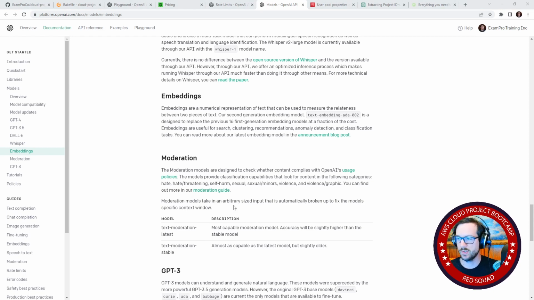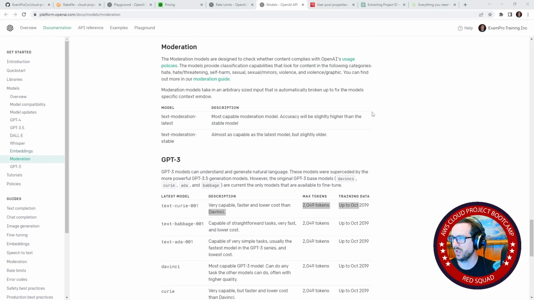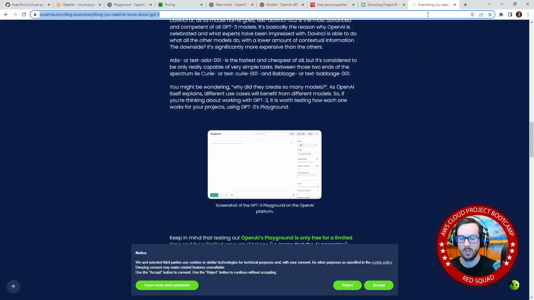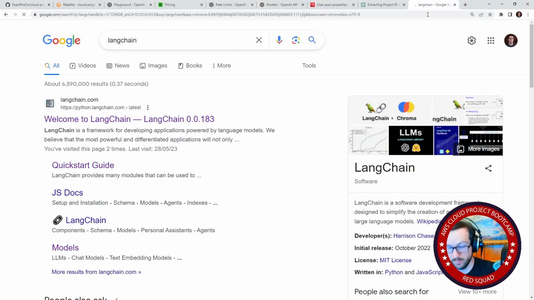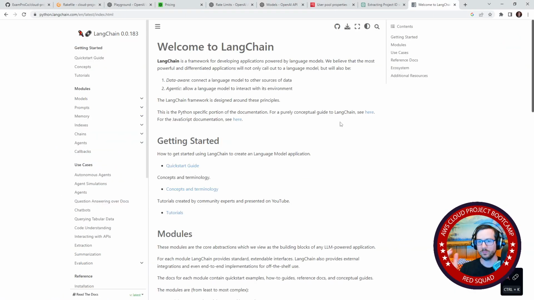All right, I'm back. I did some research on how to work around this max token length, and that LangChain project I was showing you is possibly one way of working around it, but I don't think it's going to work because the strategy of this project is that it will take different methods. You don't need to use this tool, it just makes it easier to do. But the idea is that you have a max token that you have to work around, and so what you can do is feed these models the code and then say summarize it and then roll it up. There are a lot of different ways that you can do it, but you can do a map reduce,